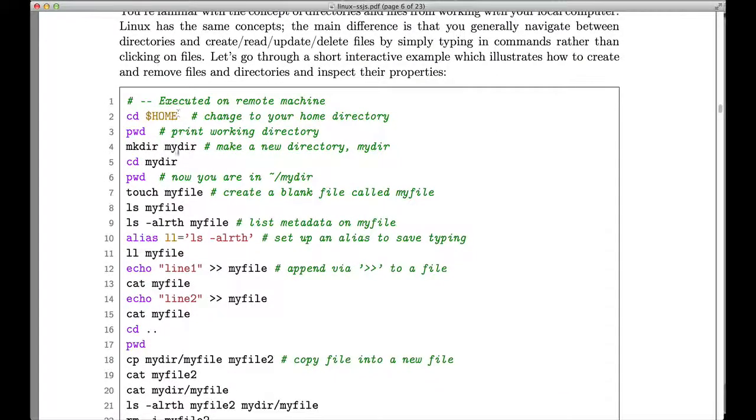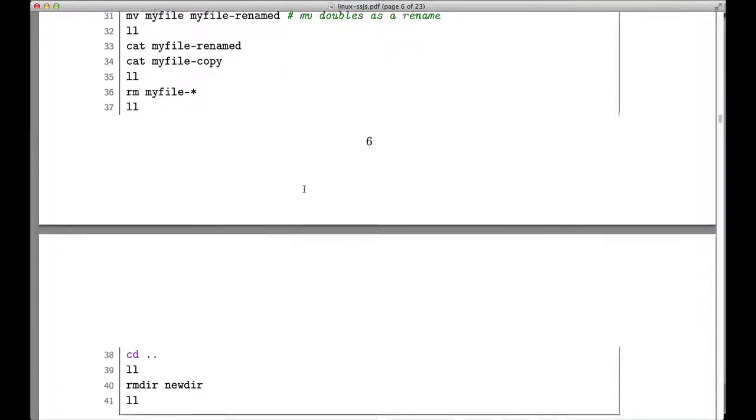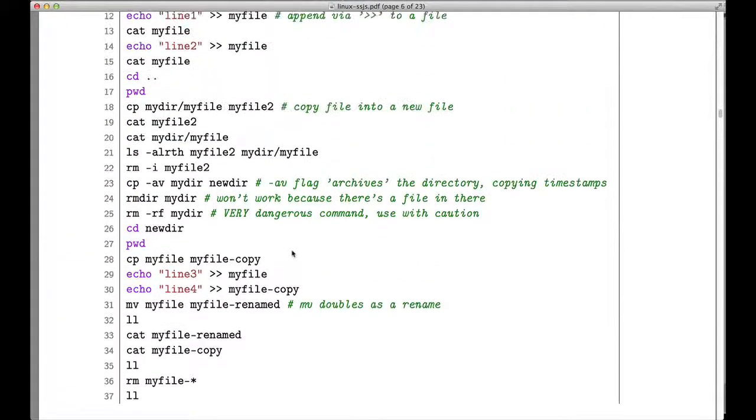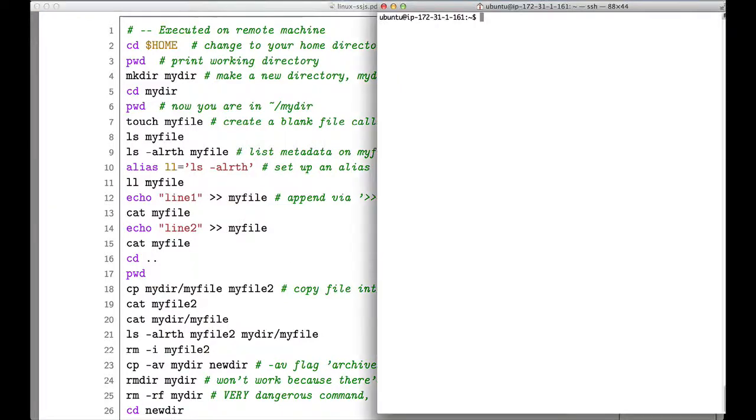And here are the examples over here. You're going to be executing these on the remote machine. It's a series of commands. I'll provide some color commentary at the end, but let's just do them and see what happens. So as mentioned, we're going to execute these commands on the remote machine. So we SSH in like this, change to the home directory, print the working directory,